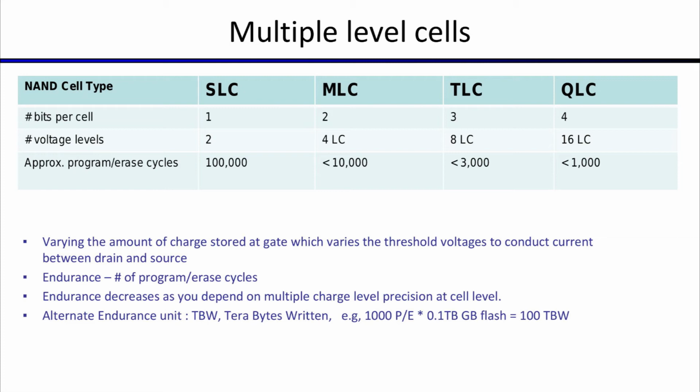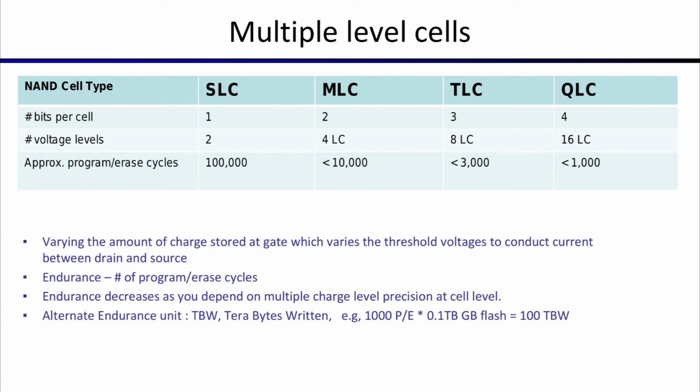And in the triple level cell, you have 3 bits per cell. You need 8 voltage levels, 2 to the power of 3. Quad level cells have the ability to store 4 bits, but it comes at the cost of storing 16 voltage levels. Now, each of these voltage levels and threshold variances happen because you save a different level of charge